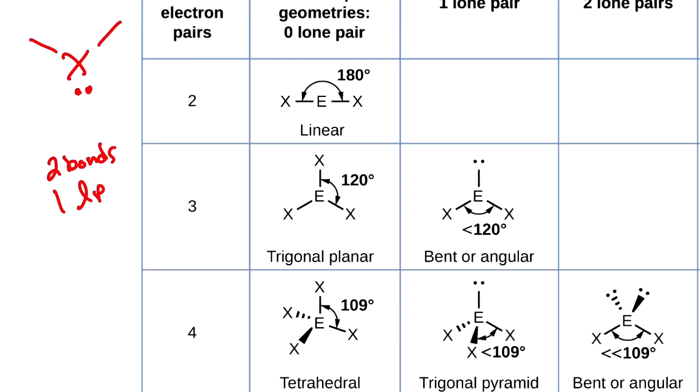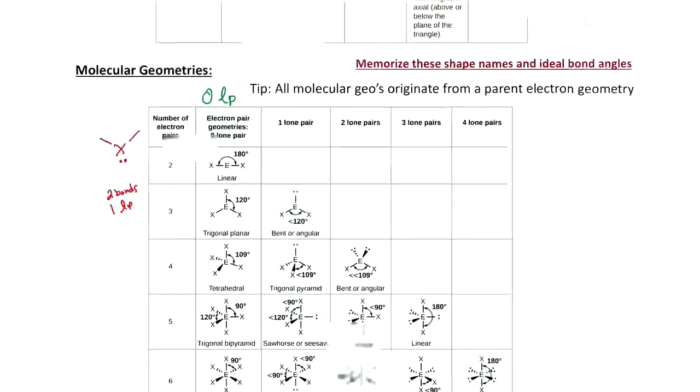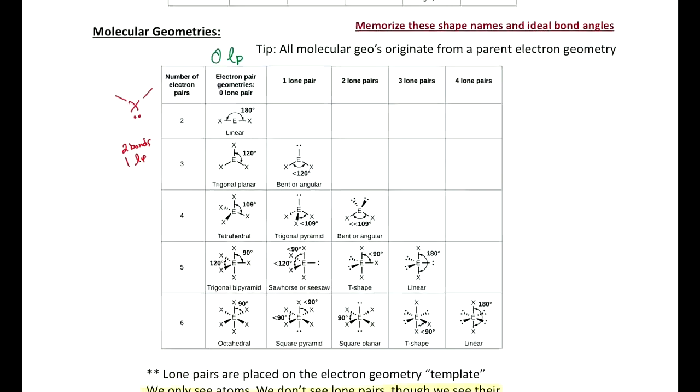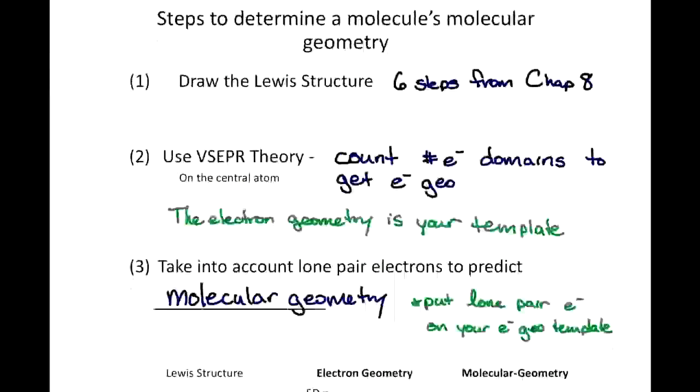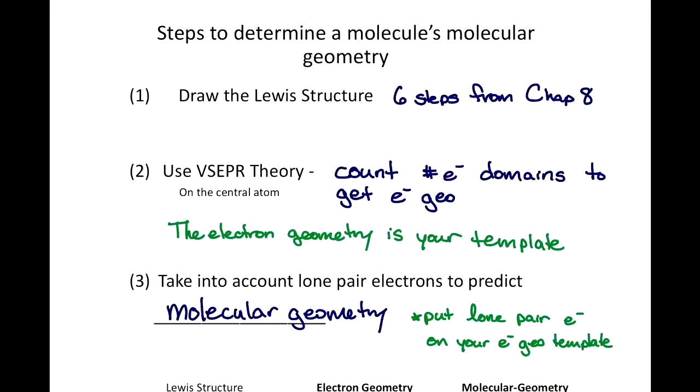So our electron geometry is always the template for our molecular geometry, all right? And so these are all the different shapes, and they have names that are similar to what it looks like. And we'll go into detail there. All right, so here are the systematic steps for determining the